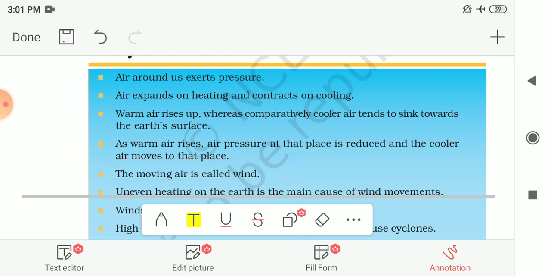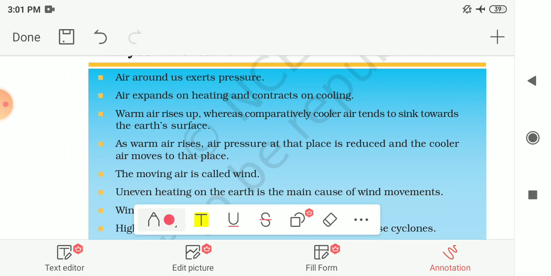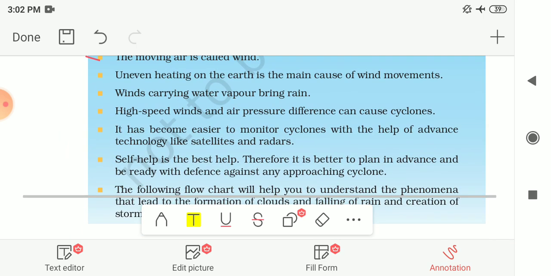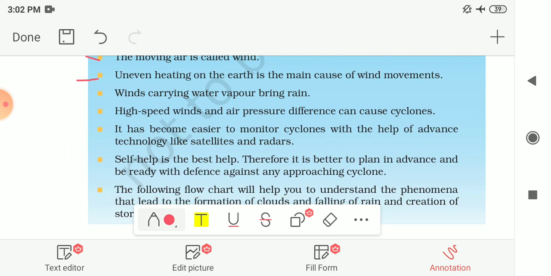Now let me see the summary of this chapter. In this chapter we have seen that air around us exerts pressure. Then we have seen that air expands on heating and contracts on cooling. Next we have seen warm air rises up, whereas comparatively cooler air tends to sink towards the earth's surface. Next we have seen that as warm air rises, air pressure at that place is reduced and cooler air moves towards the place. Next we have seen that the moving air is called wind,